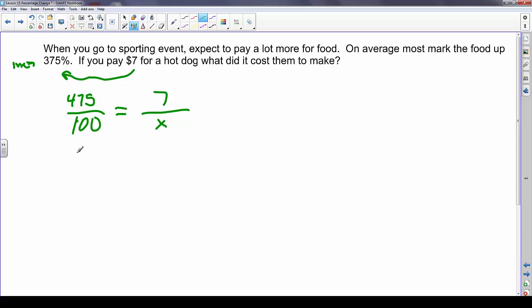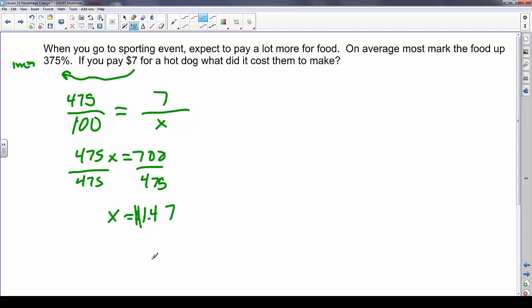So now I take my cross product, get 475x is equal to 700. Divide by 475 to both sides. And if I take 700, divide by 475, I get about $1.47 to make that dog. And that still seems kind of expensive. So anyways,